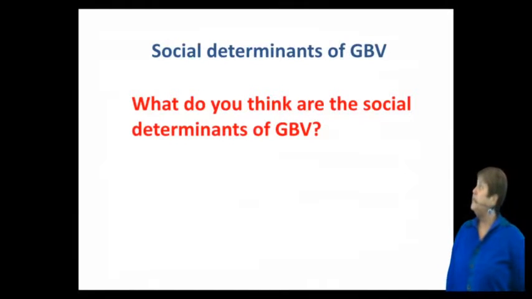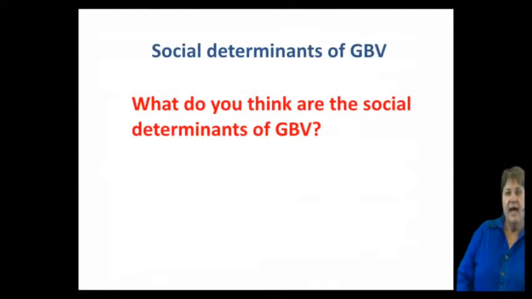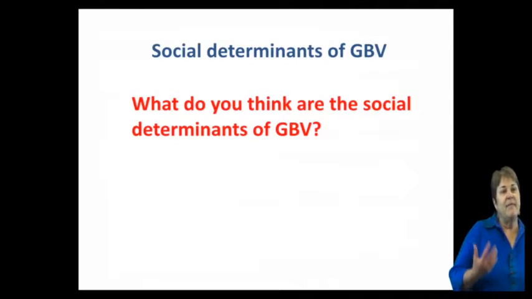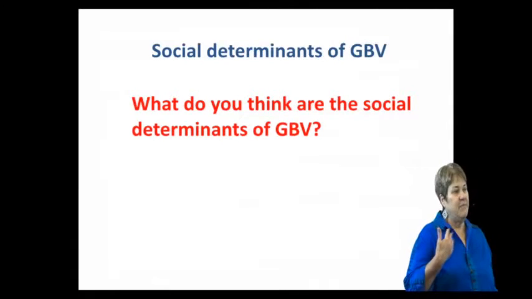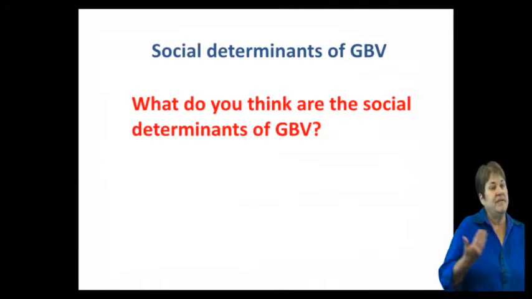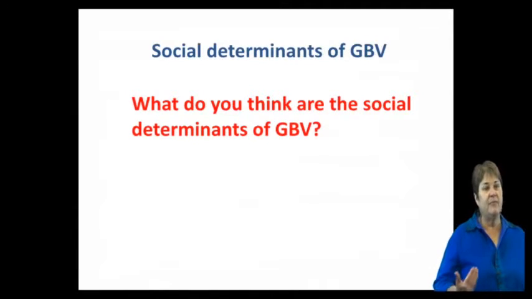So to move on, what do you think are the social determinants of gender-based violence? And here, there are many things that come up. It could be concepts of masculinity, which is a key driver, where men have a concept of themselves, being men, that they've got to be in control and should be powerful. And this comes into play with women. It comes into play sometimes with children. It also comes into play with other men, where they're vying for power.